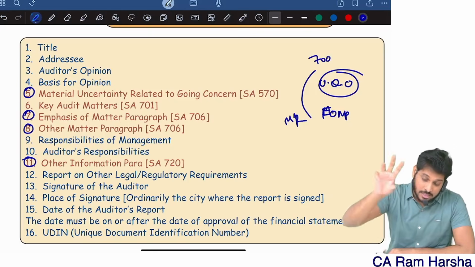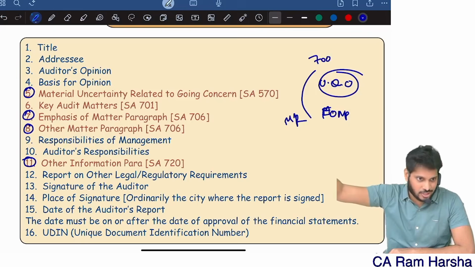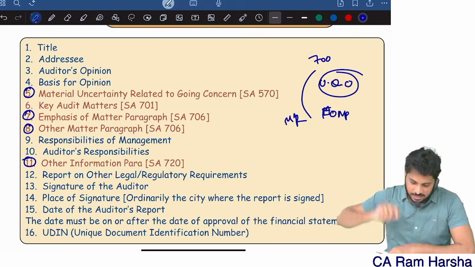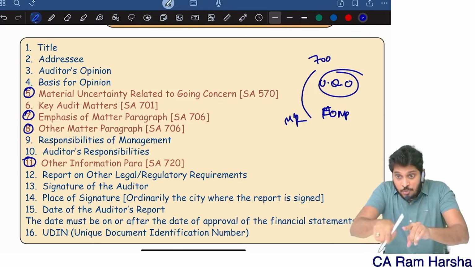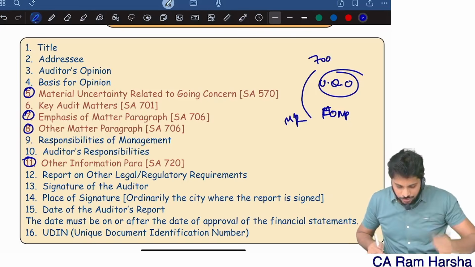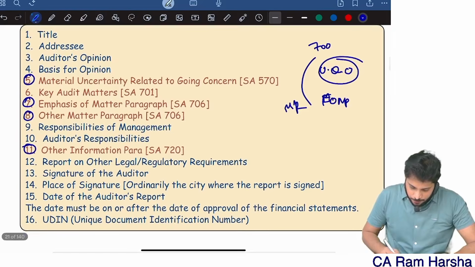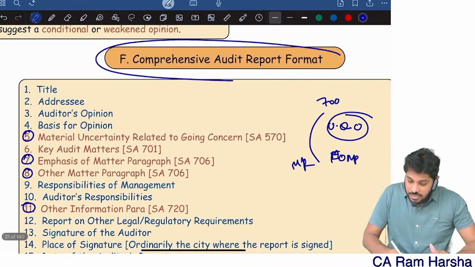Not just 705 modifications to the opinion, 706 modifies the report actually. Able to understand? That's it. So even if an emphasis of matter paragraph is there, or an other matter paragraph is there, the report is modified. Opinion is not modified, report is modified. Clear, all of you?